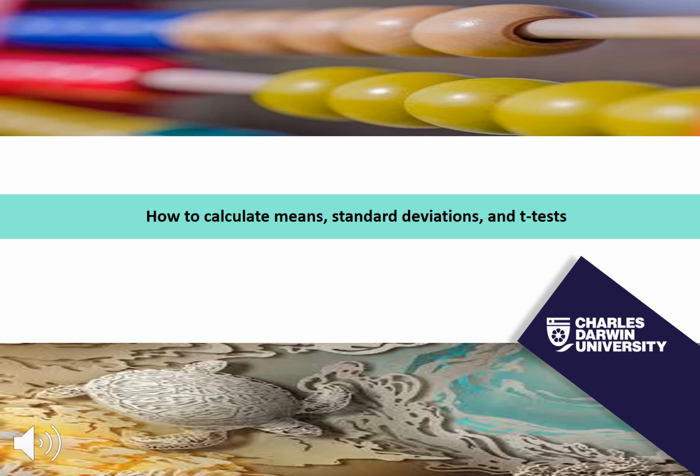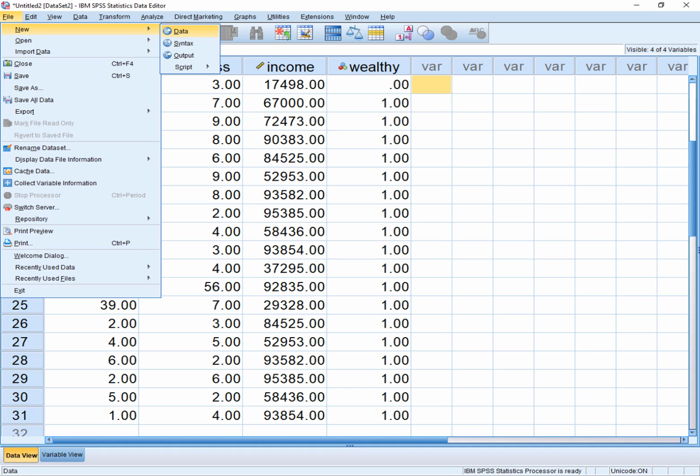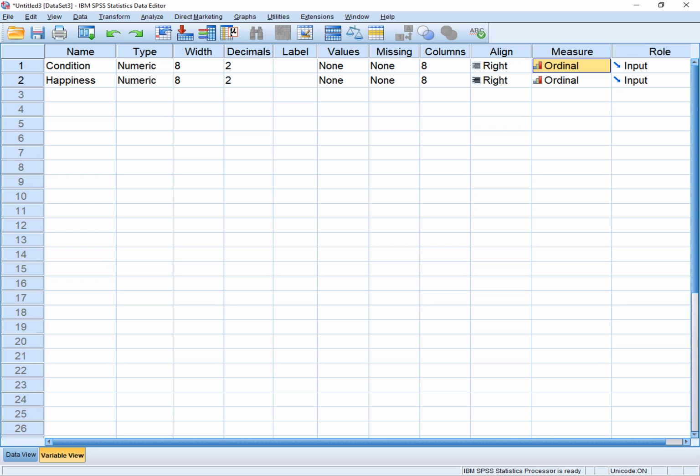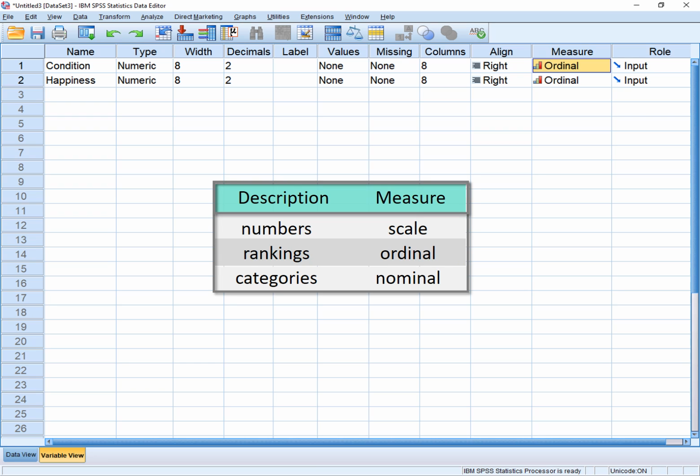To calculate these means and standard deviations in SPSS, you can apply several approaches. One useful approach is to construct tables. First, you need to construct another data file. In the File menu, choose New and then Data. Then enter these data and column labels. After you choose the Variable View tab in the bottom left, shift your attention to the second last column called Measure. This column enables you to instruct SPSS that data for this variable are numbers, called scale, rankings, called ordinal,